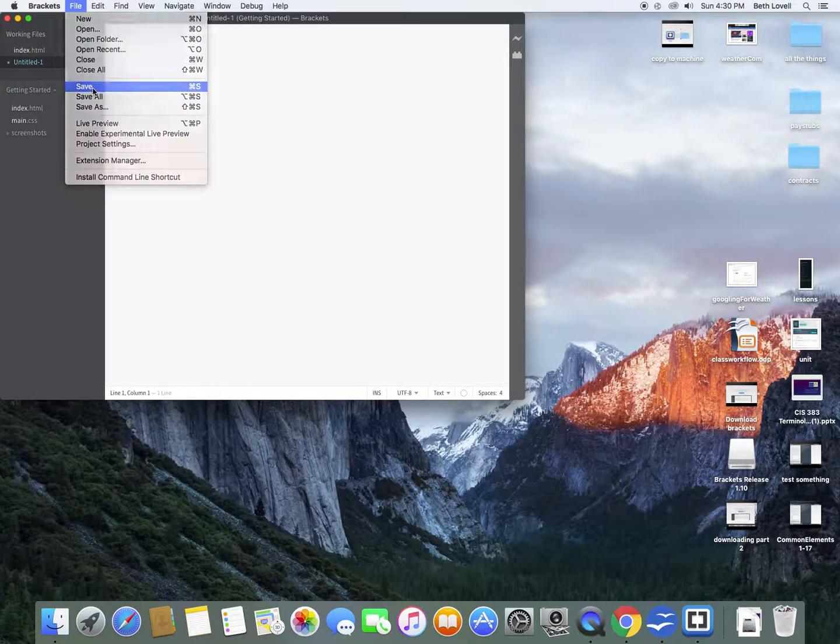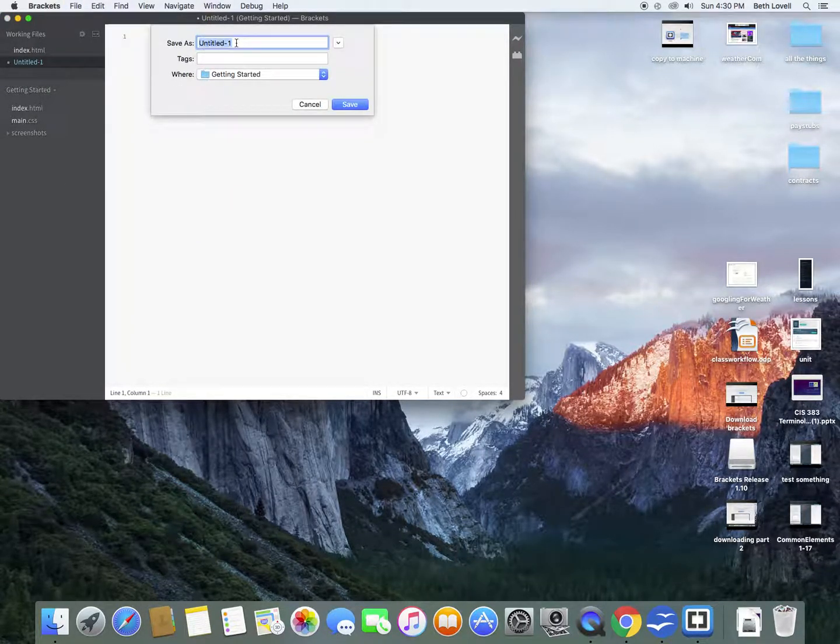So we're going to go save. And instead of just giving it a name untitled1, I really want to give it the name and the file extension of the language that I'm using. So I'm going to call this my file. I'm going to camel case it, which is lowercase then uppercase, myFile.html. And if I tell it that it's an HTML file and I save it that way,